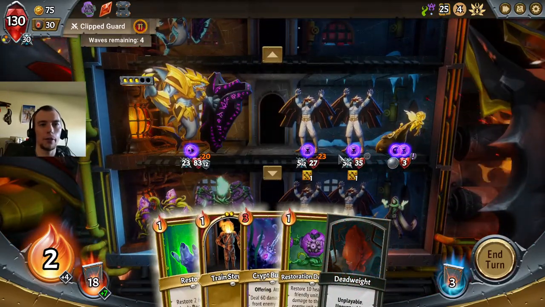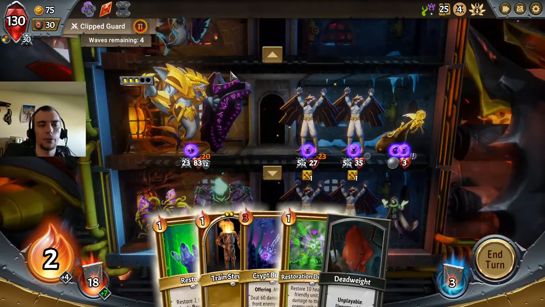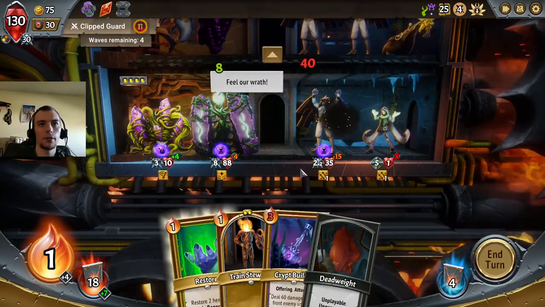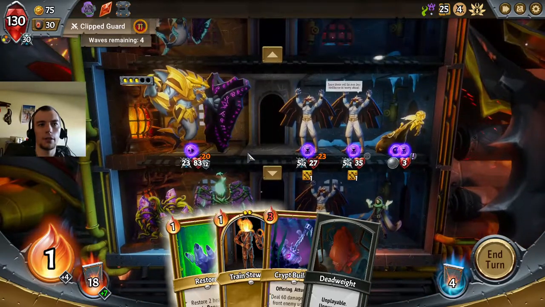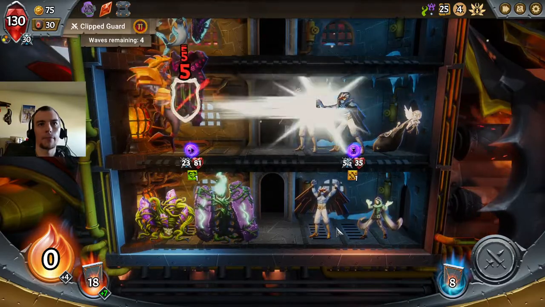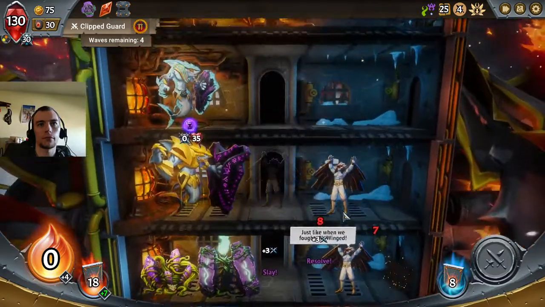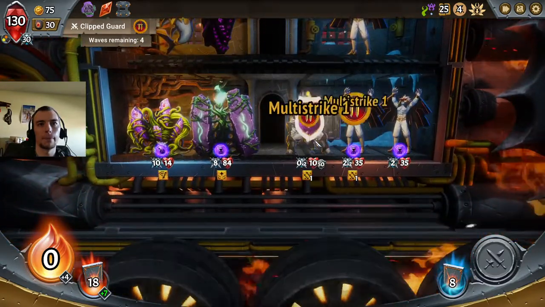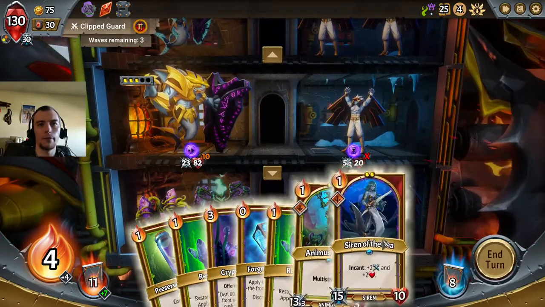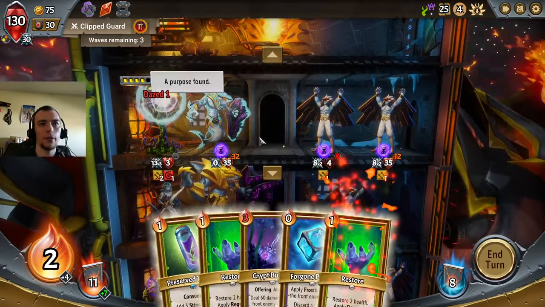Unfortunately, the collector's getting away here. I just can't do anything about that. No room for the steward. Guess I'll do this. It actually reduces the damage we're dealing, which is not great. This first wave's actually going to end up dealing quite a bit of damage, but I can't do much about it. Let's go this,